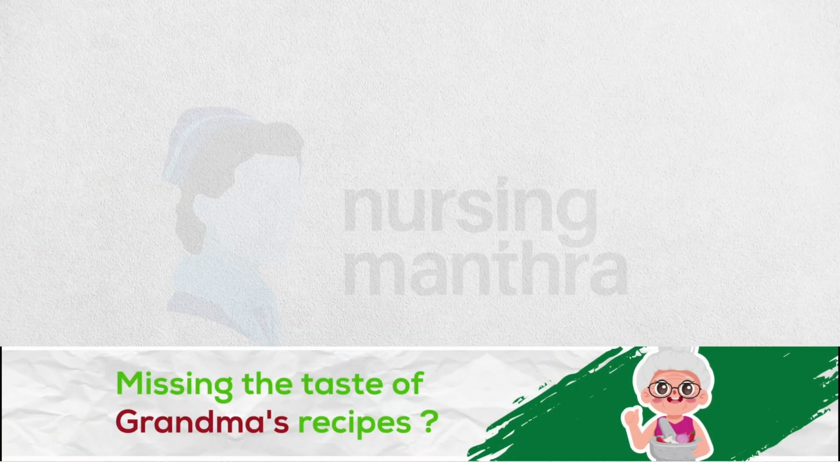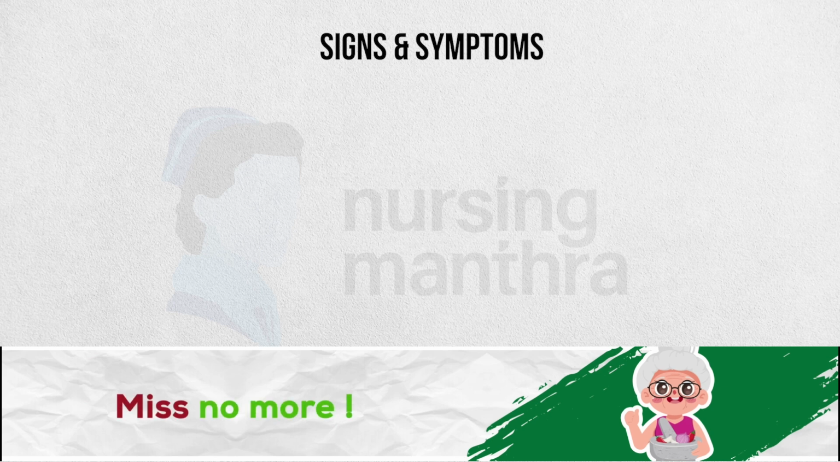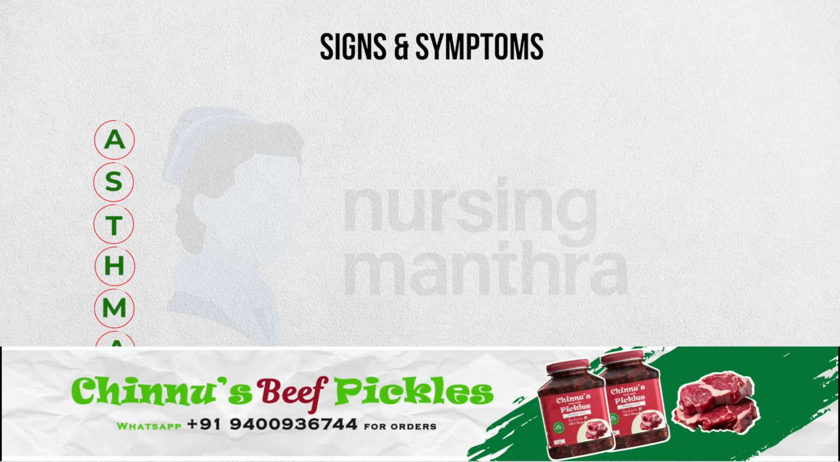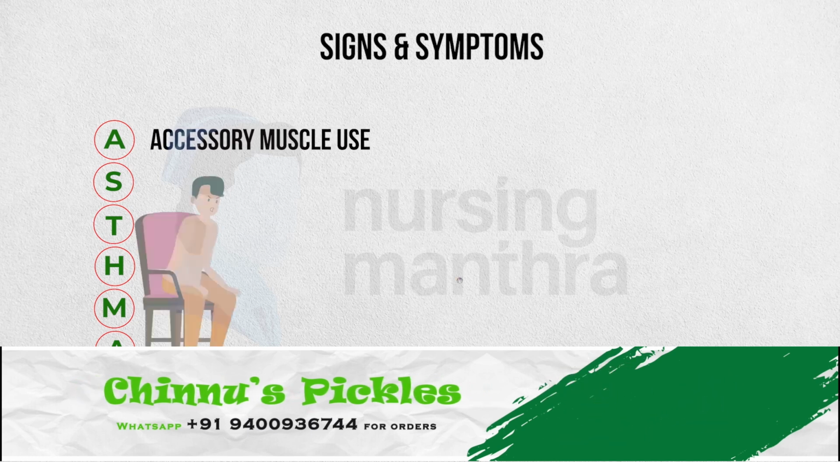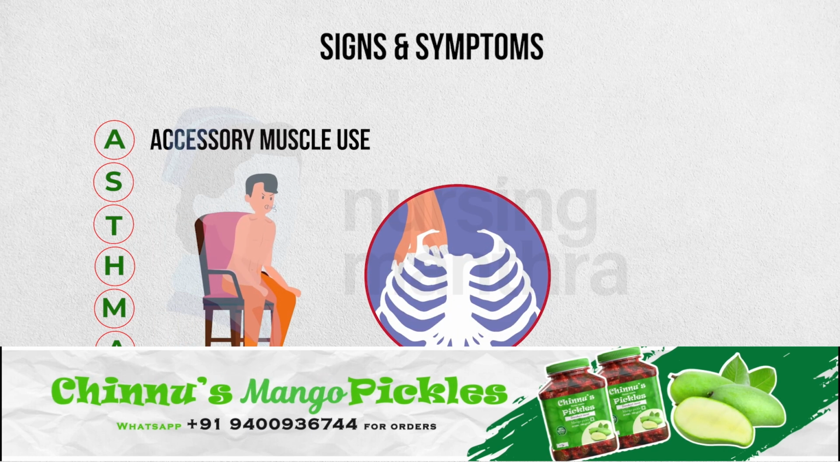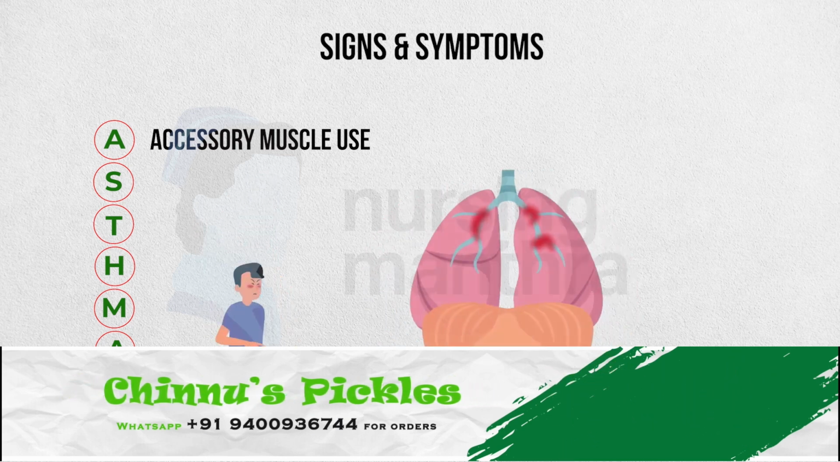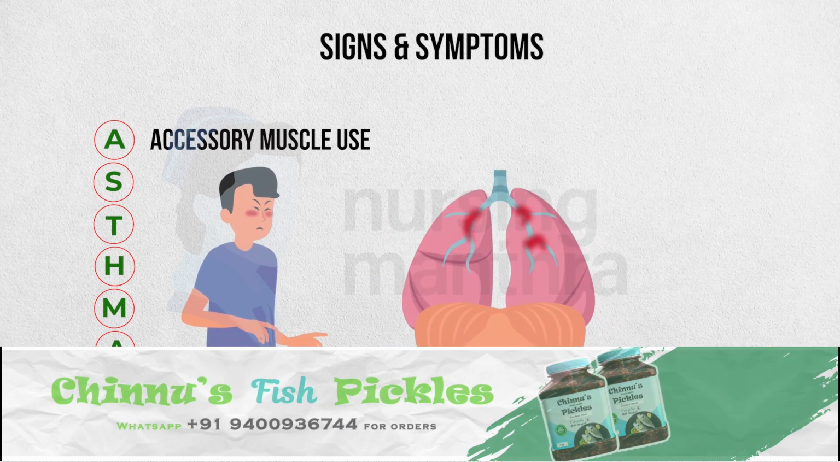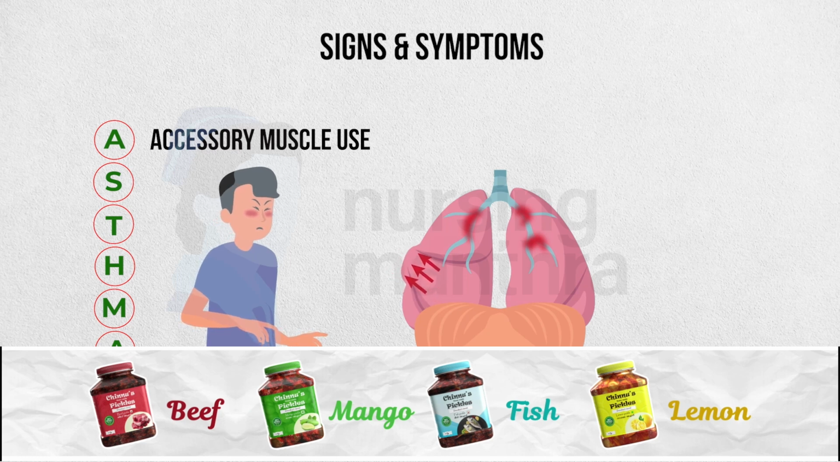Now we can see the signs and symptoms of asthma. There is a mnemonic for signs and symptoms, that is ASTHMA. A means accessory muscle use. The critical sign is paradoxical breathing. So, accessory muscle use for breathing is a sign of asthma, and the critical sign we can see is